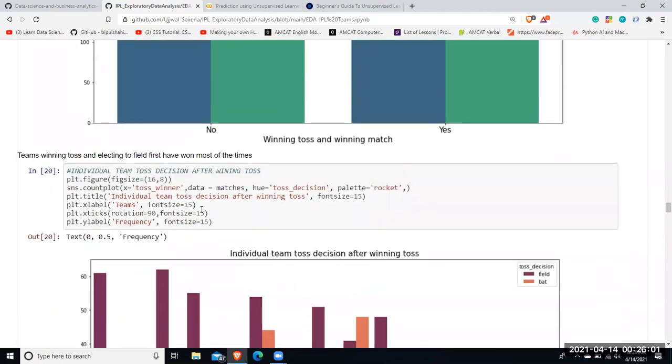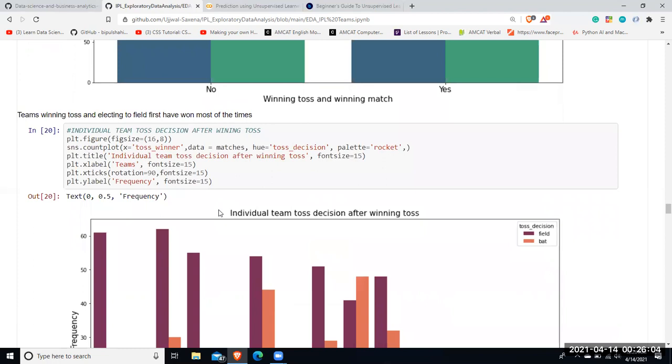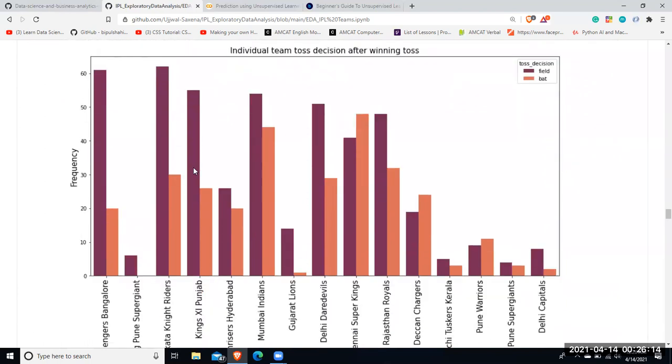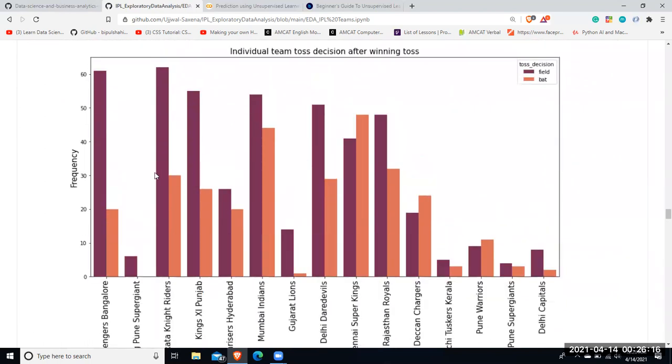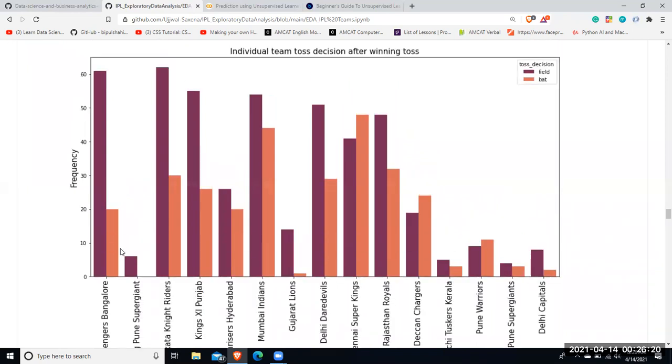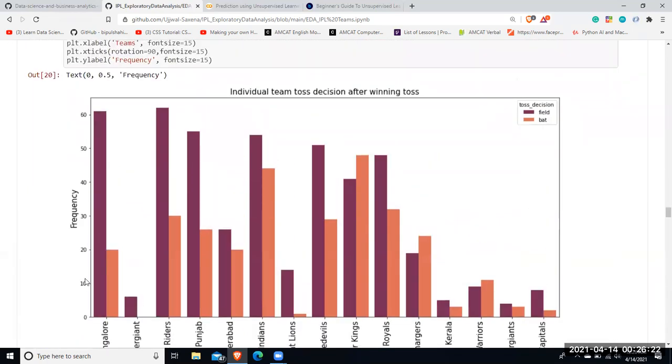So next thing comes out to be individual team toss decision after winning toss. All right. So this time I have taken toss winner as my data feature, and then I have categorized it into this format. So for Royal Challengers Bangalore, if they have won the toss, then what did they actually choose?